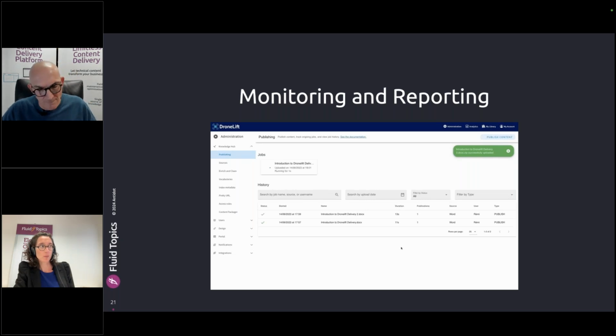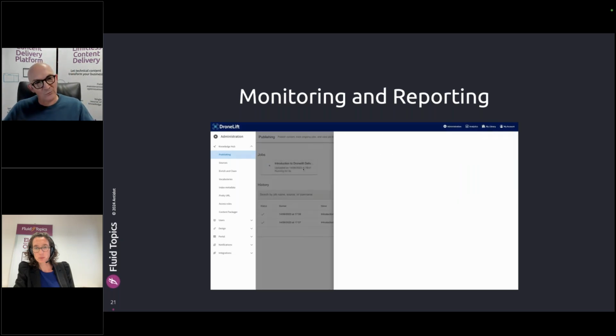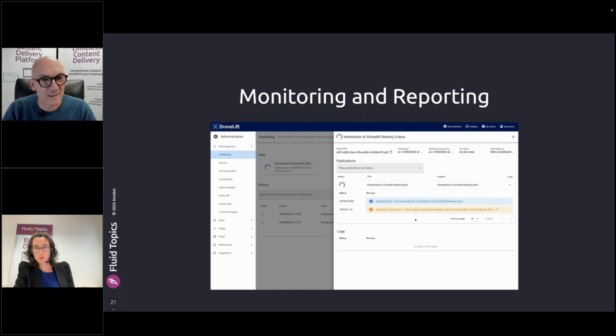The more rapidly you publish, the more sources, the more silos of information contribute to building that unified repository of knowledge, the more you need tools for monitoring in real time what's happening, troubleshooting content publishing. You cannot be blind about the fact that some content coming from a wiki or Word files uploaded by subject matter experts, or something coming from SharePoint, if something goes wrong and the content is badly formatted and cannot be published, you have to be aware of that. You need to troubleshoot that. So again, you can go back to the source.